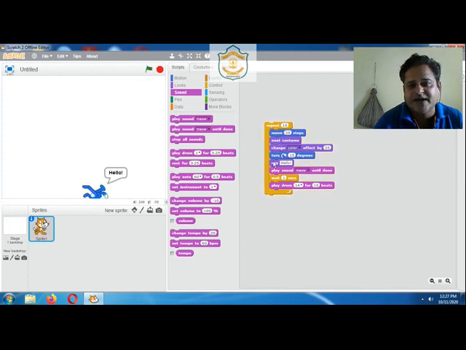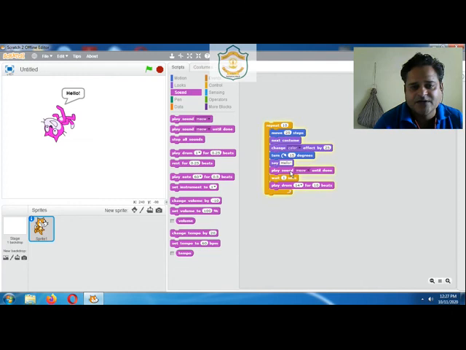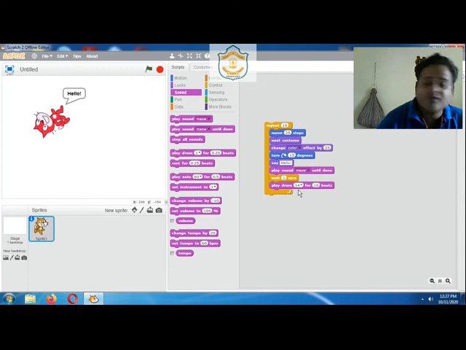So our sprite is giving a movement and also playing a sound, a meow sound, the sound of a cat. This is how we add sound to our sprite.